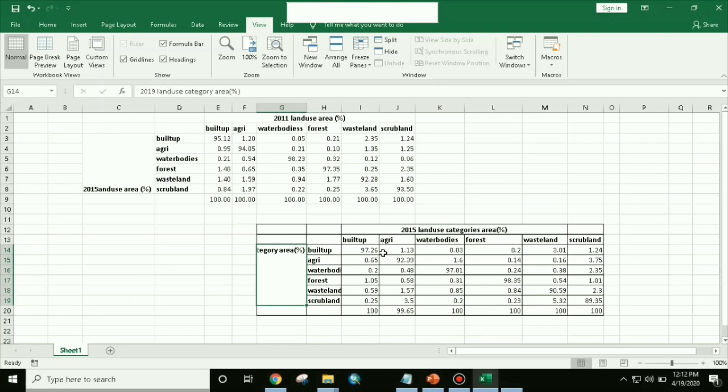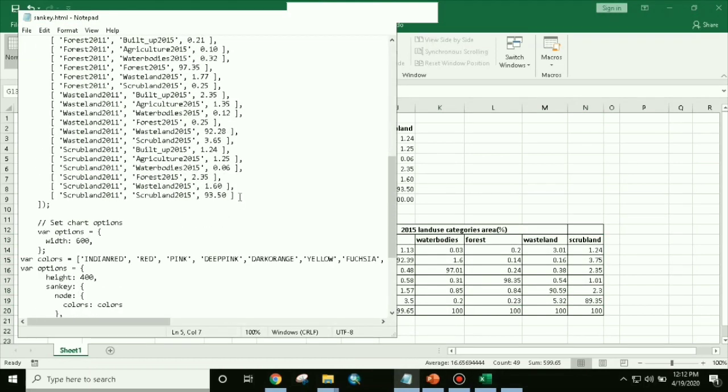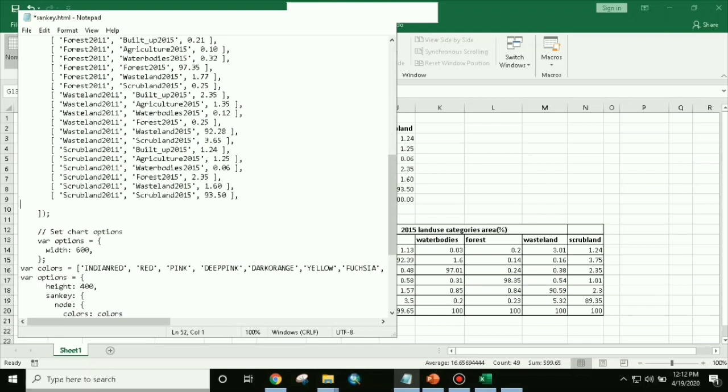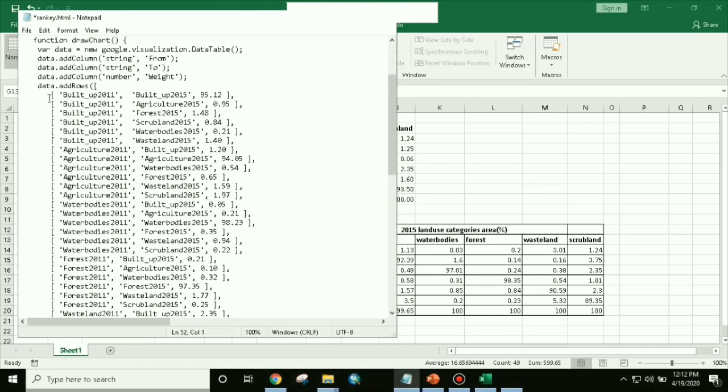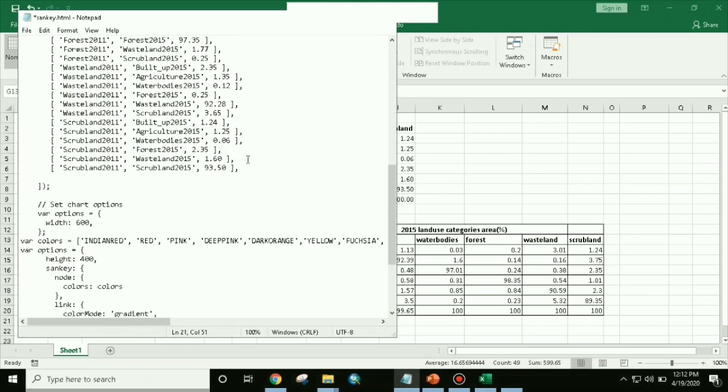So this also we will type, then finally we will change the color. Now we are going to type this data over here. That is the same procedure which you have followed before. So just put comma and start typing. Here we start from the beginning. For example, we have created for built up. So just copy the built up and paste it over here.